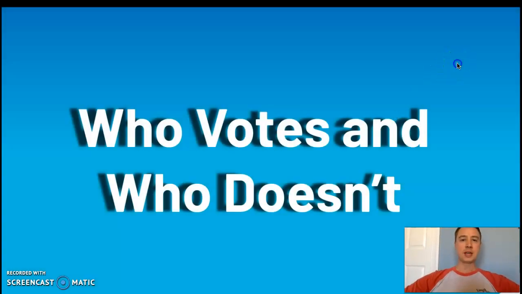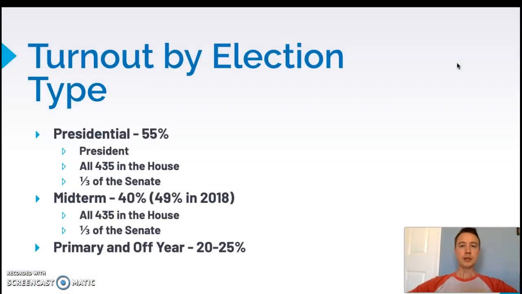I think this is content that's a little bit new, talking about voter turnout by election type. And so presidential elections have the most amount of turnout, with about 55% as the average. Remember, in a presidential election, you're looking at voting for president, all 435 House members. A third of the Senate is up for re-election. Lots of states will have governors up for election. Lots of states will have their state's Congress up for election. And so there are the most things on the ballot, and that's when we see the highest turnout, 55%.